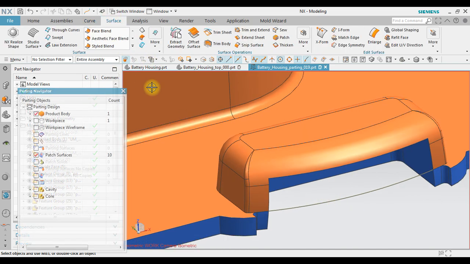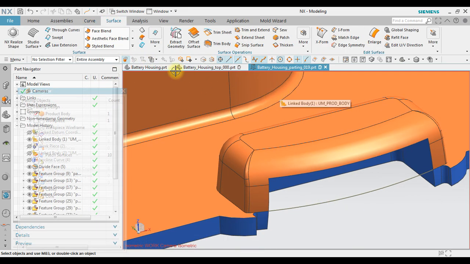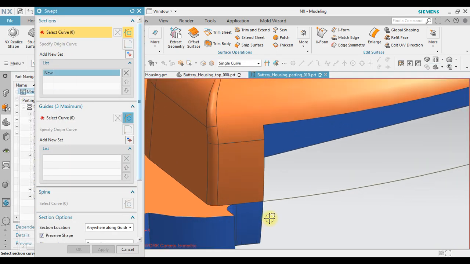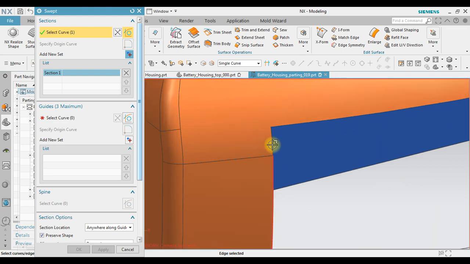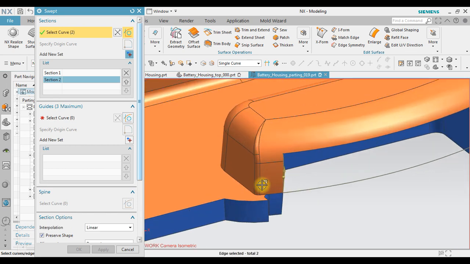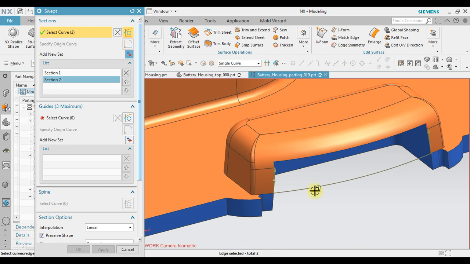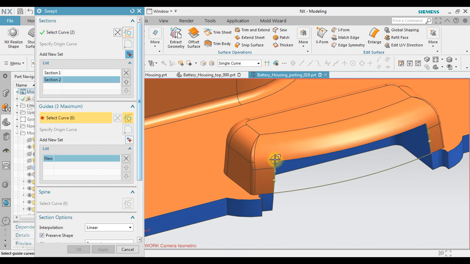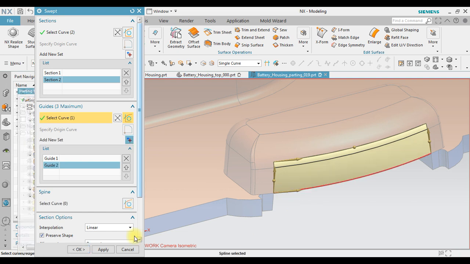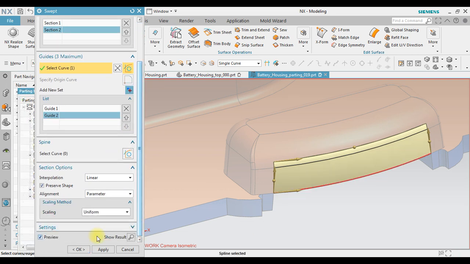Then go to surface. You create swept surface. For the section, select this one and this one. Click add new set. Click this one and this one. Make sure you have the same arrow direction. For the guides, click the surface, add new set, click the surface, and make sure you activate preserve shape.